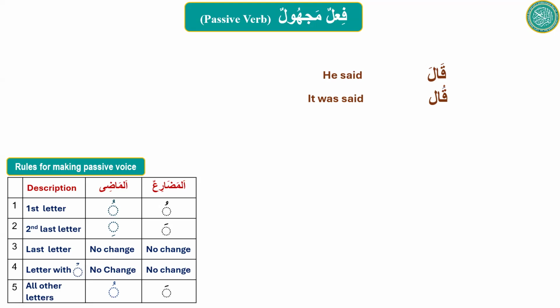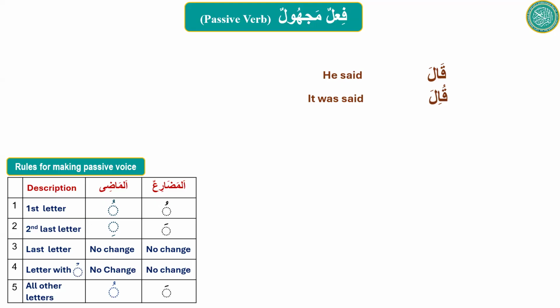Second, alif. Last will take letter is alif, so what will that get? The Kasra, you said? Yeah. And what will lam get? There will be no change in that, so it will be Fatah. So the word we come up with is kuila. Kuila should mean it was said or he was said.